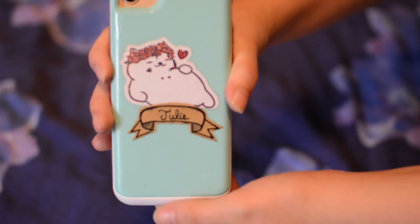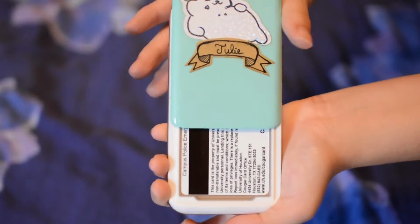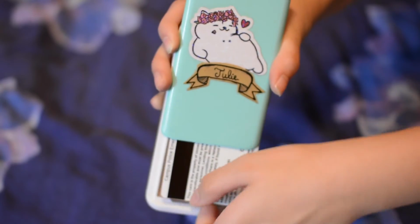I actually made this label myself. I hand drew it, and then I covered it in Mod Podge. I covered both of these stickers in Mod Podge so they wouldn't get damaged. And the thing I like about this case the most is that it actually slides up, because it's a credit card case. So it does this and it slides up, but I actually use this case to store my student